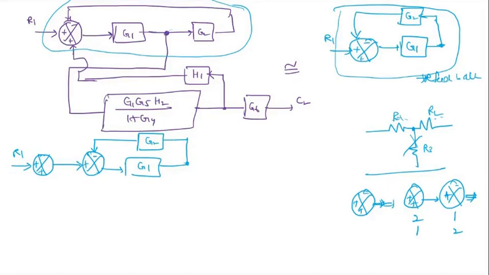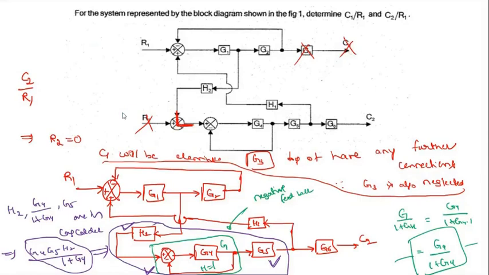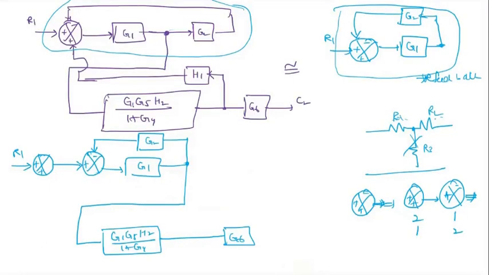So here, what do we have? We'll have that block. What is this block? G1, G5, H2 by 1 plus G4. Here it's G4. Yes, sir. Where, ma'am? In that block, G4, sir. G5, H2. This is G4. Yes, sir, let me check. Yeah, right. Here also I've written G. If you look here, I've written G4 only, but accidentally wrote it wrong. It's a G4. Okay, G4, G5, H2 by 1 plus G4. G6 as it is. C2 as it is.